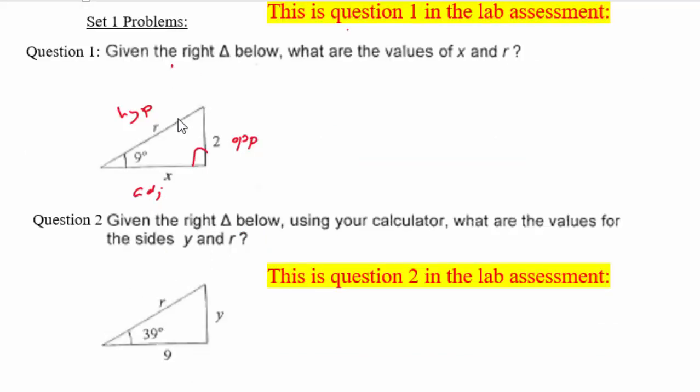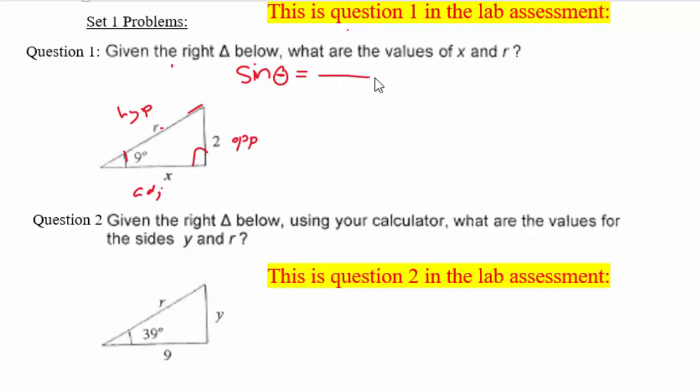So to solve this problem, we need to use the correct trigonometric function that relates the angle to the opposite and then to the adjacent in the first part and then to the hypotenuse in the second part, or vice versa. We can solve for the hypotenuse first, then solve for the adjacent. So let's say we are going to solve for r now. We need the trigonometric function that relates the angle to the opposite and the hypotenuse, and this will be sine of the angle, because we know sine of any angle in a right angle triangle